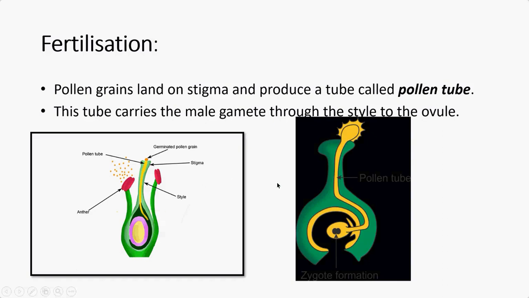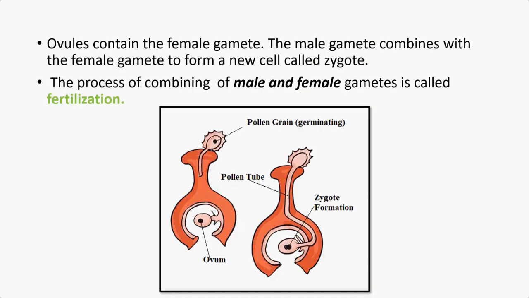Can you see that? Now look at the second picture. The yellow pollen grains on the green stigma are developing a pollen tube, and the pollen tube is reaching the ovary. Okay, and the zygote formation. Yes, this you already know. I have repeated it many times. Now the next slide.